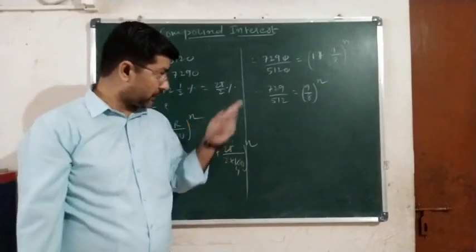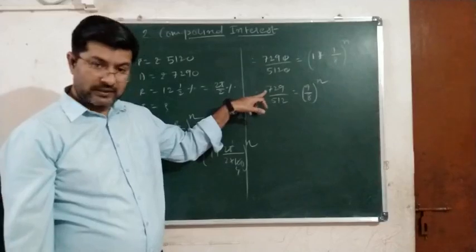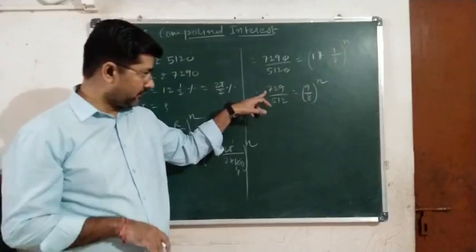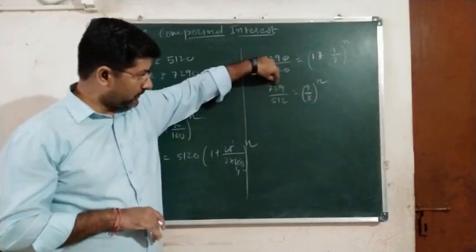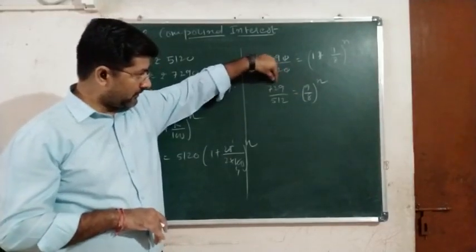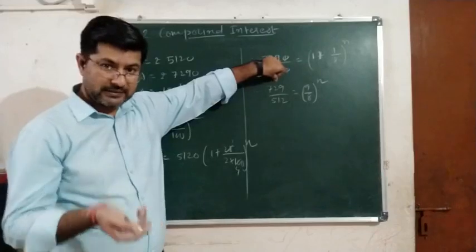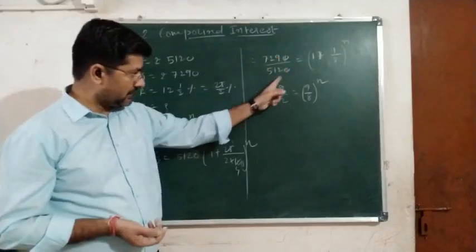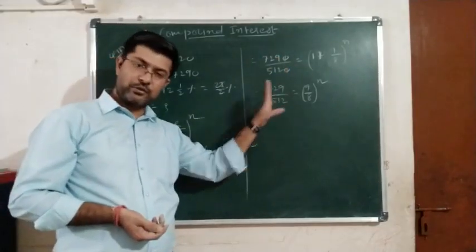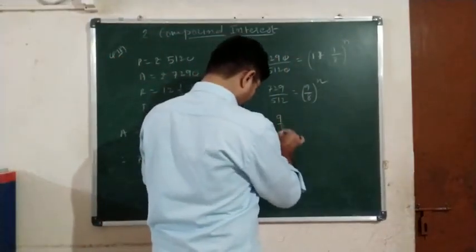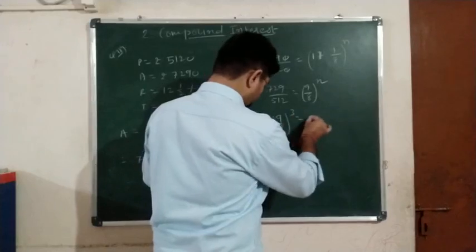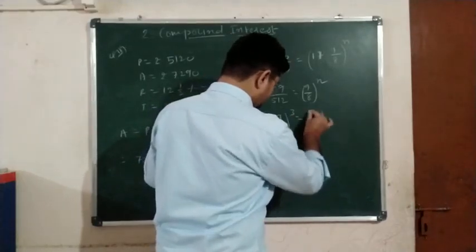Now what power will you think? 729 is the square of 27, cube of 9, because we want 9 only. So what power of 9 will be 729? That is 3. Yes or no? So 9 raised to 3 and this is 8 raised to 3. Clear? So together we can write (9 upon 8) whole raised to 3 is equal to (9 upon 8) raised to N.